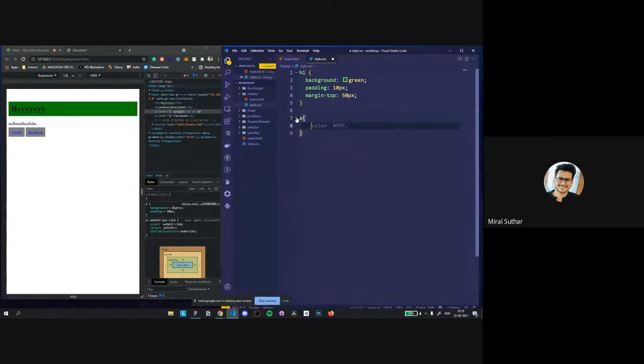Basically, anchor tags are display inline.